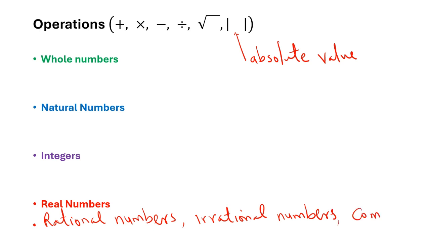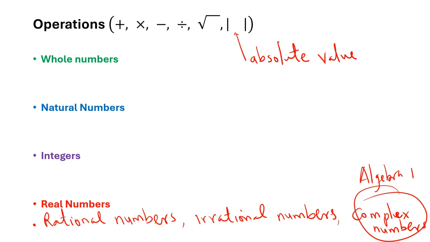But we're not going to be doing a lot of complex numbers in geometry. I think you do this a lot in Algebra 2. So when we talk about real numbers,